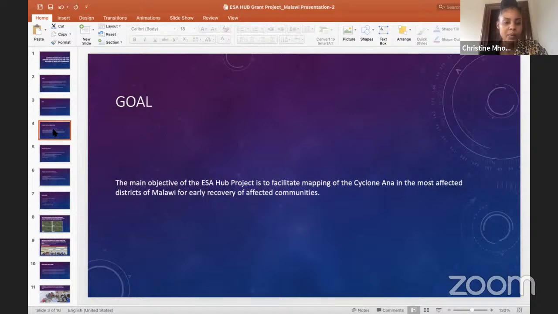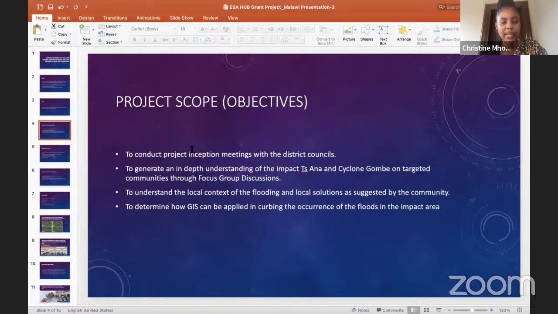So as we were starting the project, before I get into the main objectives, the first thing that we actually did, I would call it an inception meeting with the district councils. The main aim of this was for us to actually understand the extent of the floods, the impact of the floods, and also to understand